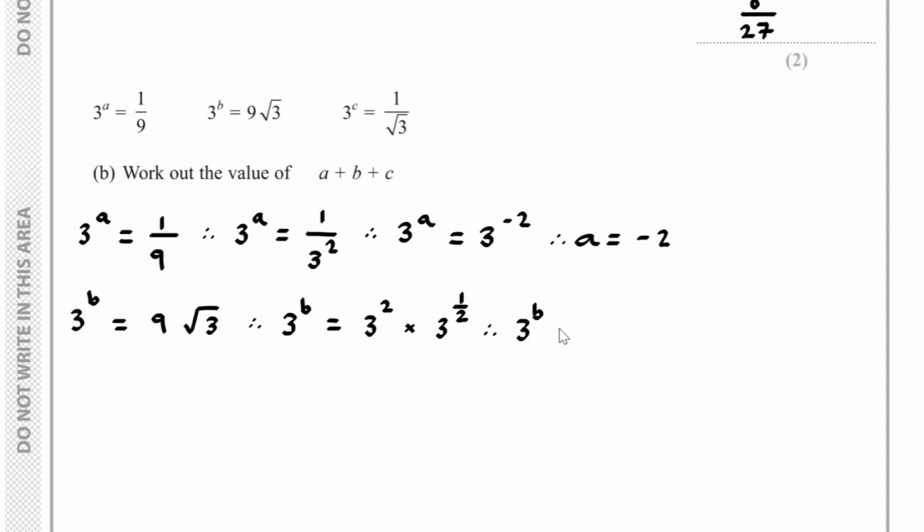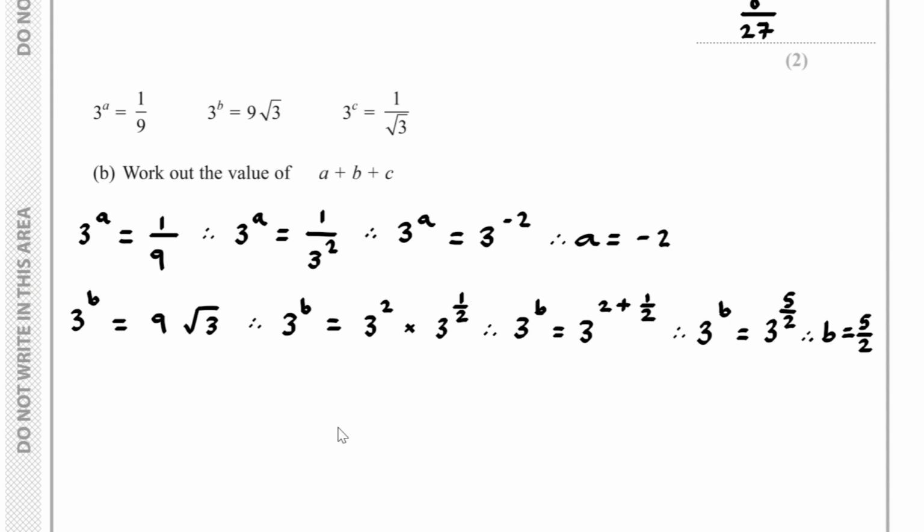So I've got 3 to the power of b, that's equal to 3 to the power of 2 plus 1/2. So I've got 5 over 2. So I've got 3 to the b, which is the same as 3 to the power of 5 over 2. So b is equal